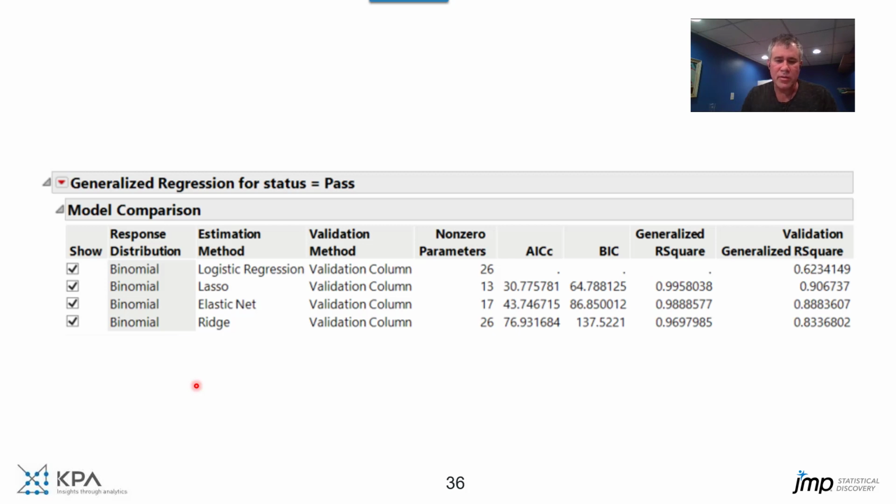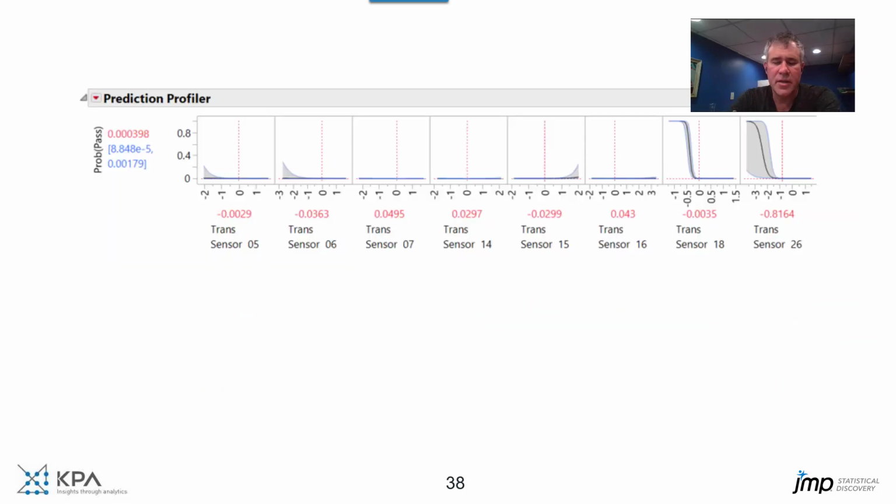In this case, what we really care about is just the model that's going to perform the best, so we allow the validation to guide us, and we're going to be working with the Lasso model from here on. So here's the prediction profiler for the Lasso model that was selected. We see that the Lasso algorithm has selected 8 sensors as being predictive of pass or fail, and it has